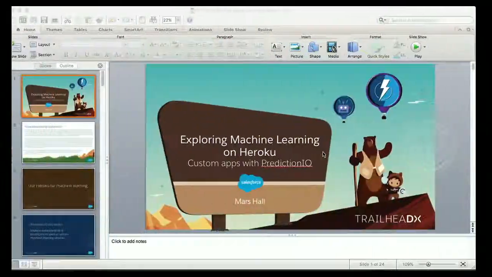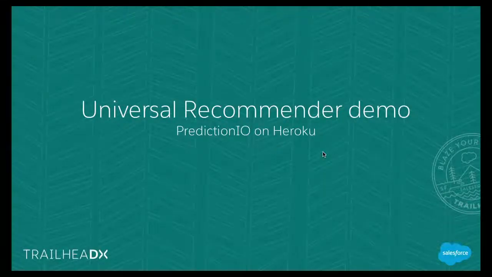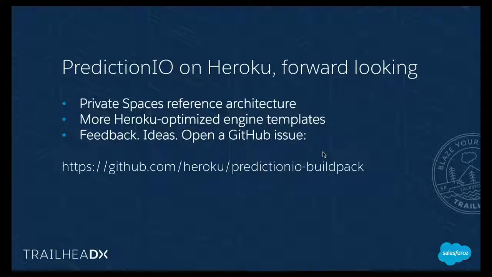All right, so that was the whirlwind tour. Forward-looking with PredictionIO, what else are we doing? I mentioned that we're doing a couple internal recommendation pilot projects. As we build up that understanding, we're going to share it out as a public reference for how to deploy PredictionIO with a Spark cluster in a Heroku private space. Also, we're working on more Heroku-optimized engine templates, which should help you get started more easily for more use cases, and also be able to compare and understand the ways that we make these work really